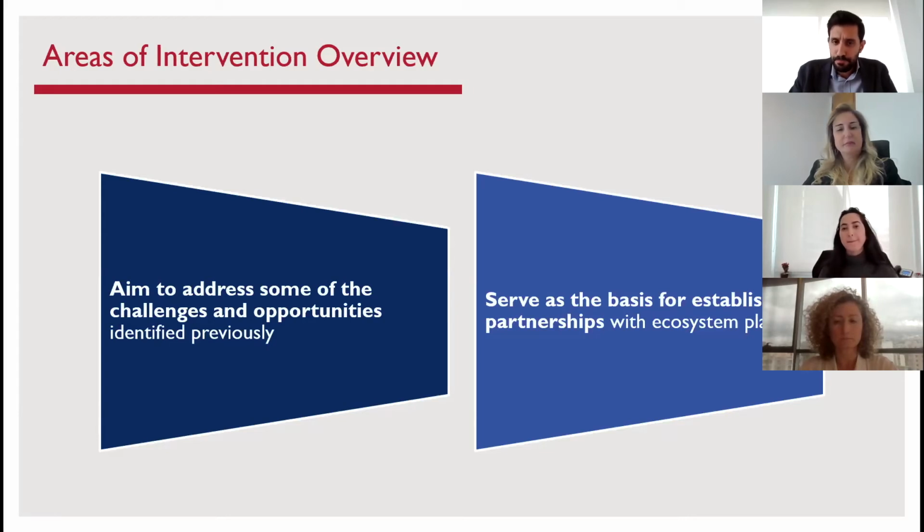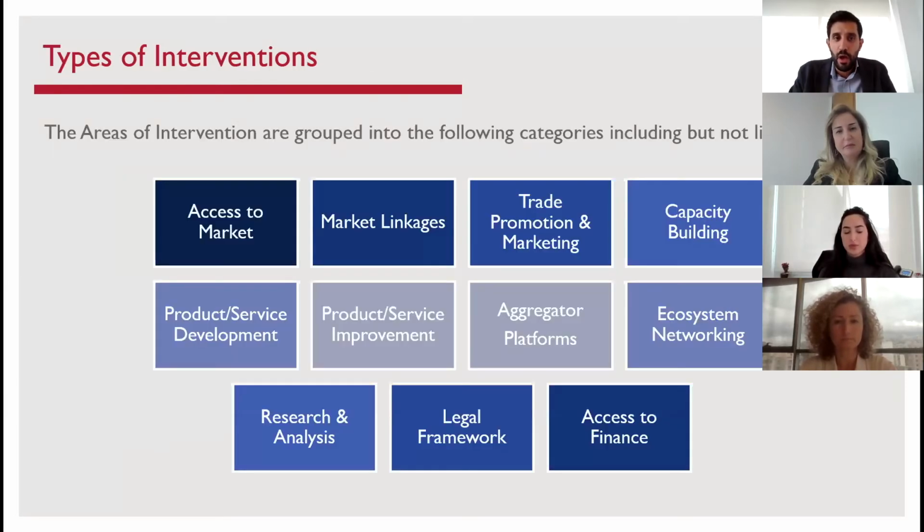So in other words, partnerships between TIF and ecosystem players will have to satisfy or fulfill all of these areas of intervention combined. So here is a quick glance at the different types of intervention that we identified. Of course, it's not limited to those. They include promoting access to new markets, for example, facilitating the organization of trade missions, creating market linkages between ecosystem players, suppliers, clients, etc.,